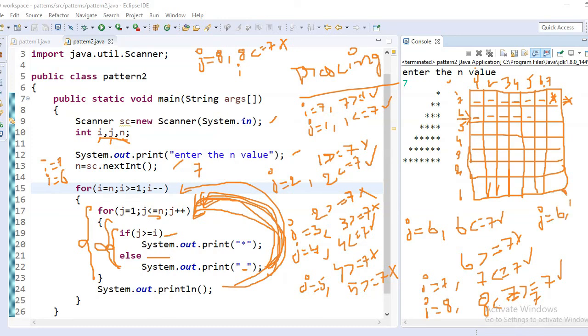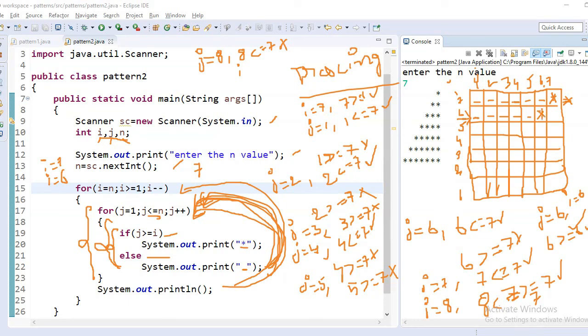Now the condition is checking 6 greater than or equal to 6. Condition is true. If condition is true, it will print star in this position.